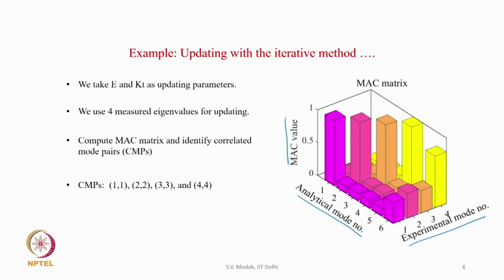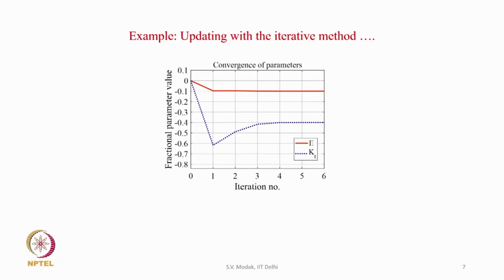So, now with this information we set up the updating equations and we perform updating iteratively as we discussed. So, this is the plot of fractional correction factors in the 2 updating parameters over iterations. This plot shows how these fractional corrections converge over different iterations. So, it has taken 6 iterations for the method to converge,